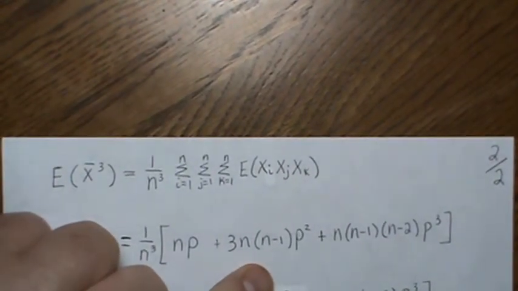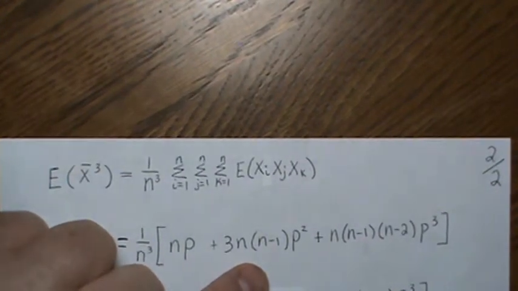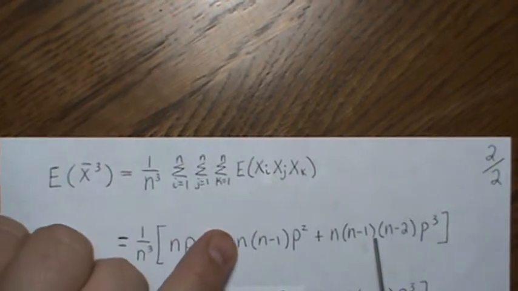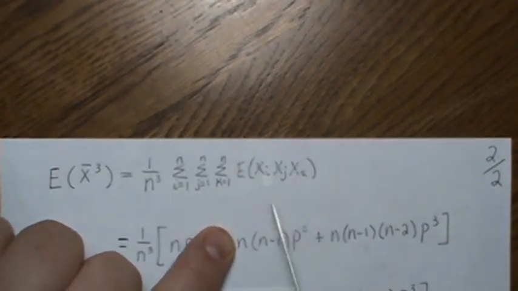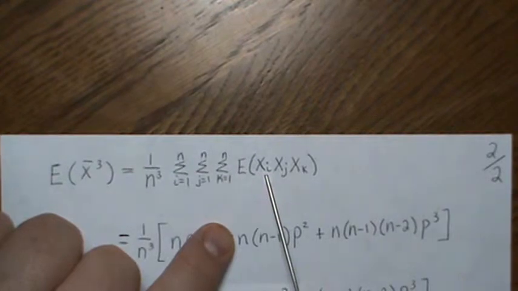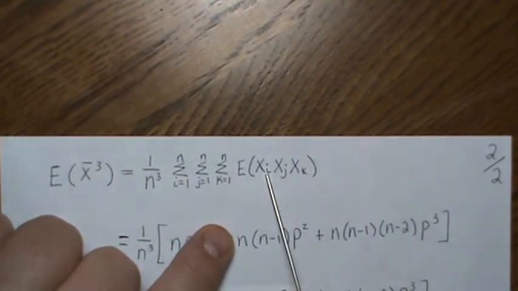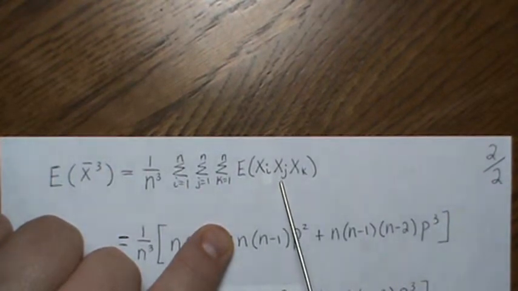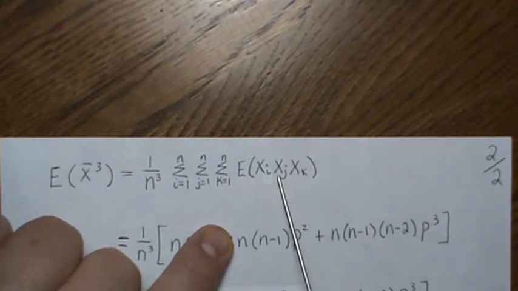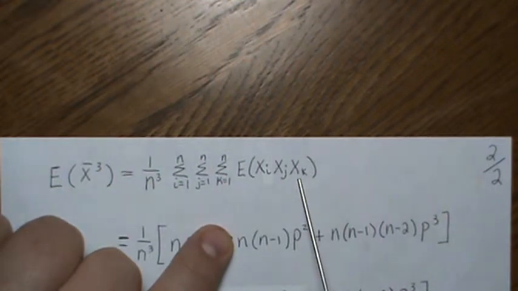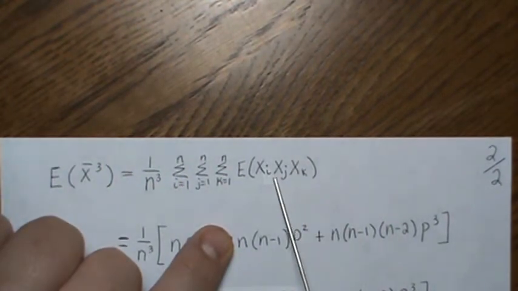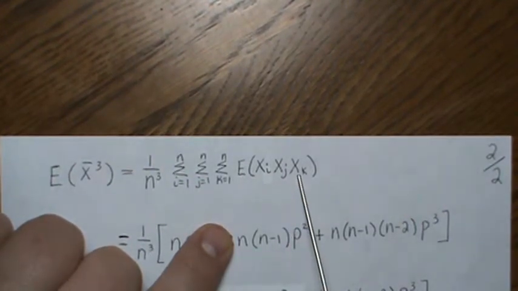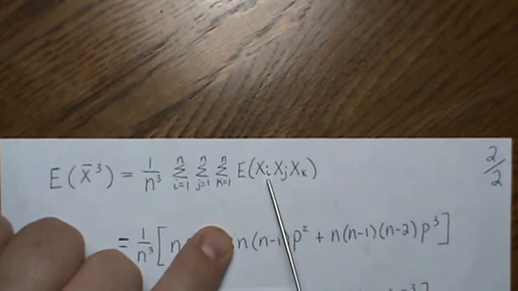So now here we have to assume that 2 of them are the same and 1 is different. Okay? So we'll ignore this 3 for a second. There's n ways to choose this first one. And then if we want something the same, there's 1 way to choose it to match. And then there's n minus 1 ways to choose something different than these 2. And the expected value of x squared times expected value of x is p cubed, but the n times n